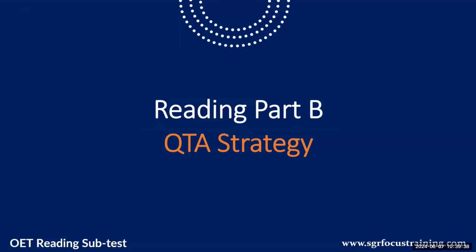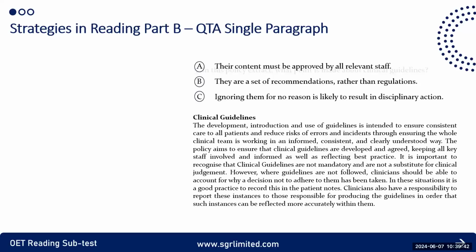Now, let's take a look at the strategy for reading Part B. In a Part B context, the question and text are all on the same page. There will be a question prompt at the top, which tells you the topic of the text and what type of text you'll be asked to read. The three multiple choice answer options are in the middle with a short text at the bottom. Your job is to pick the best answer by shading the letter with your pen or pencil.